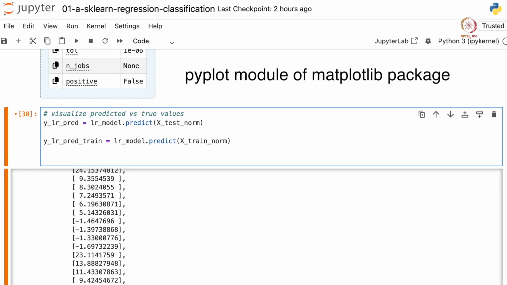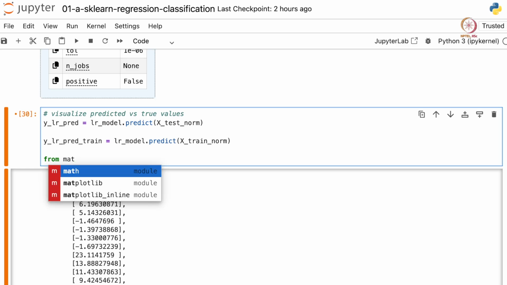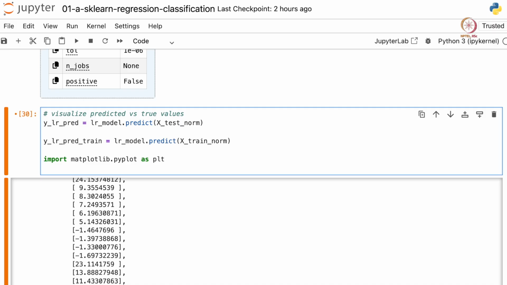To create a plot, we can use the matplotlib function from pyplot. So let's do that from matplotlib, and we want to import this function as plt, and plotting is very simple.